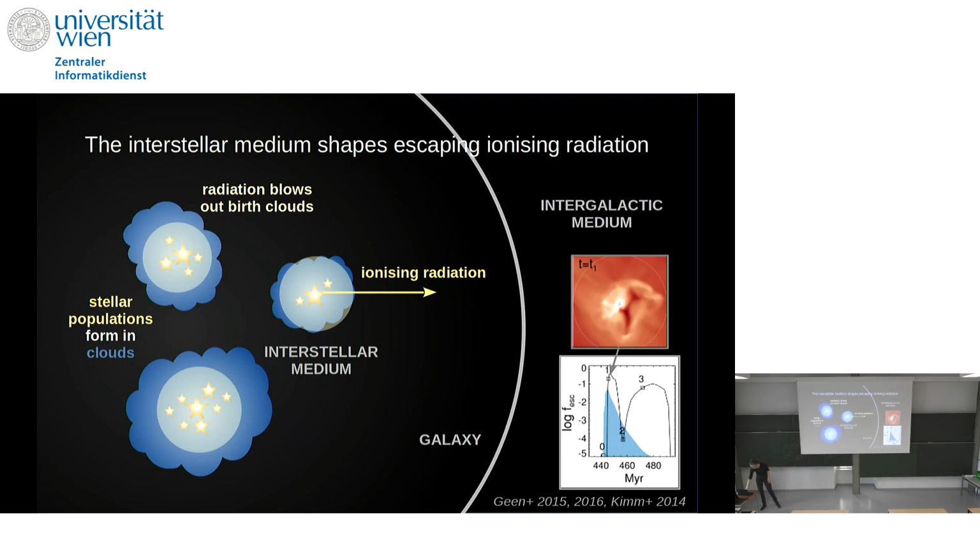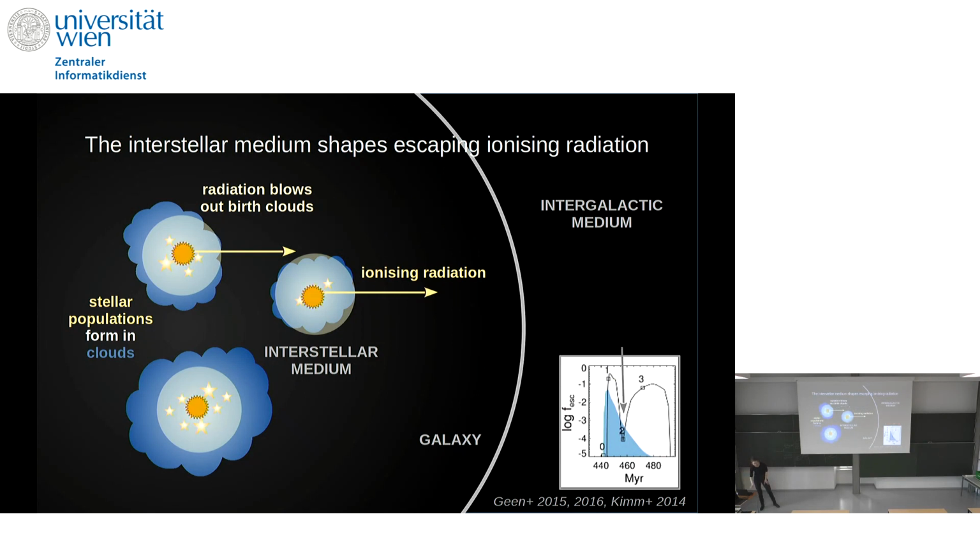But then at some stage, of course, if you have a high abundance of massive stars, probably more radiation can escape from these clouds, because you ionize more of them. But at the end of their life, the massive stars explode as supernovae. And so then your ionizing radiation drops. And initially, your escape fraction also drops because the hydrogen starts to recombine.